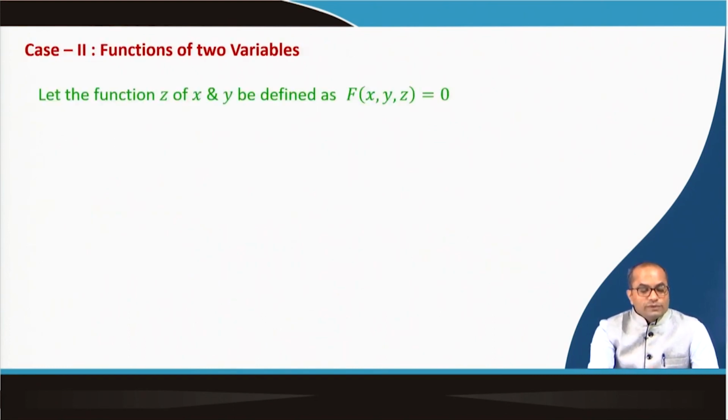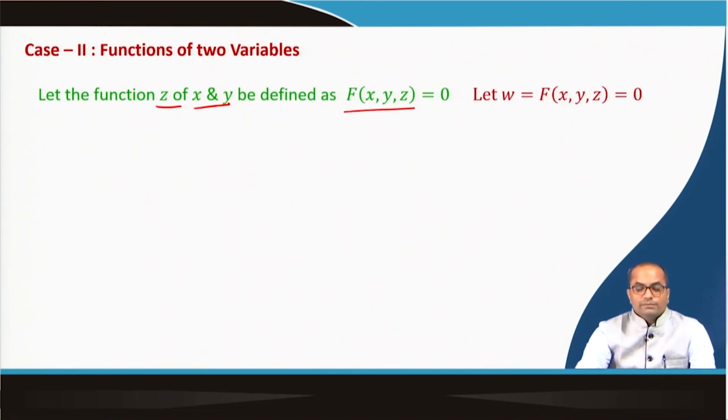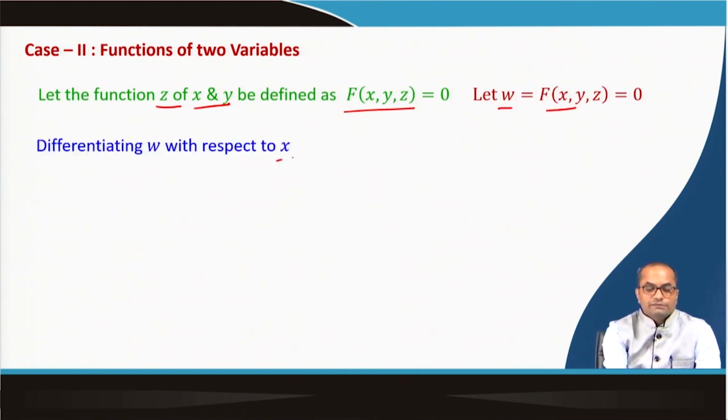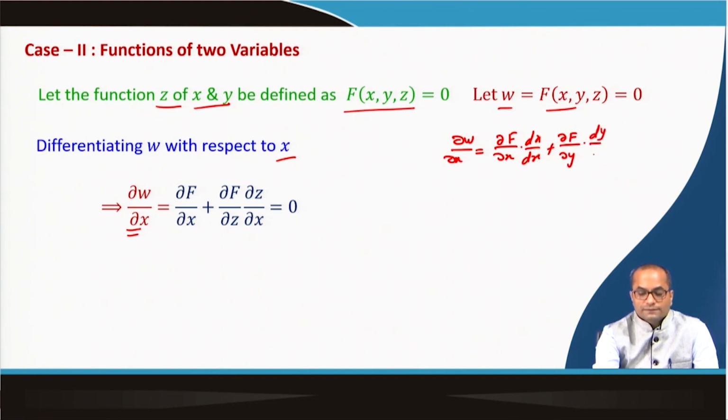If we have functions of two variables, suppose z is a function of x and y and it is written again implicitly as f(x, y, z), in that case also we will use the same idea. So, let w equal f(x, y, z) equal to 0 and we differentiate with respect to x. So, dw over dx as per our chain rule will be the partial derivative of f with respect to x and dx over dx, then the partial derivative of f with respect to y and dy over dx,